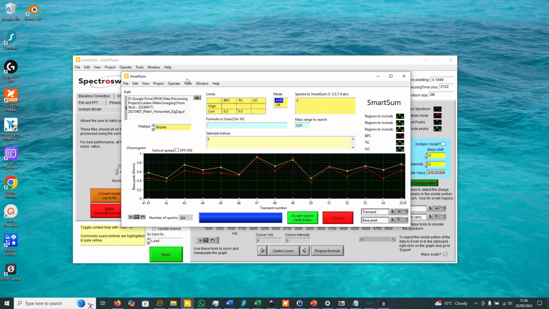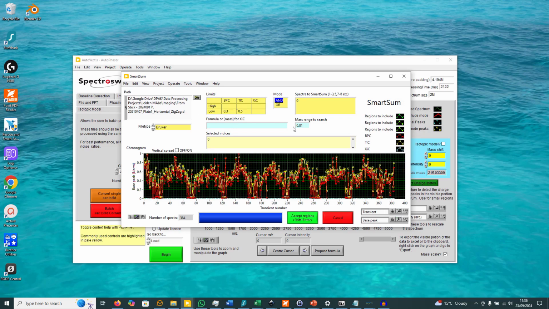which will pop up the smart sum screen again, but here we're going to use it slightly differently. We want to process all the spots, so in spectrum to smart sum we won't put in a single one. In this case we'll say 0 to 400, and you'll see that some of the points are highlighted in green